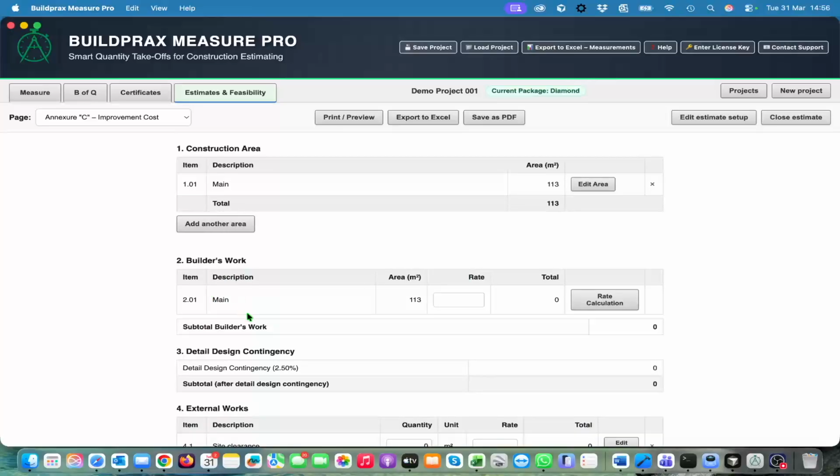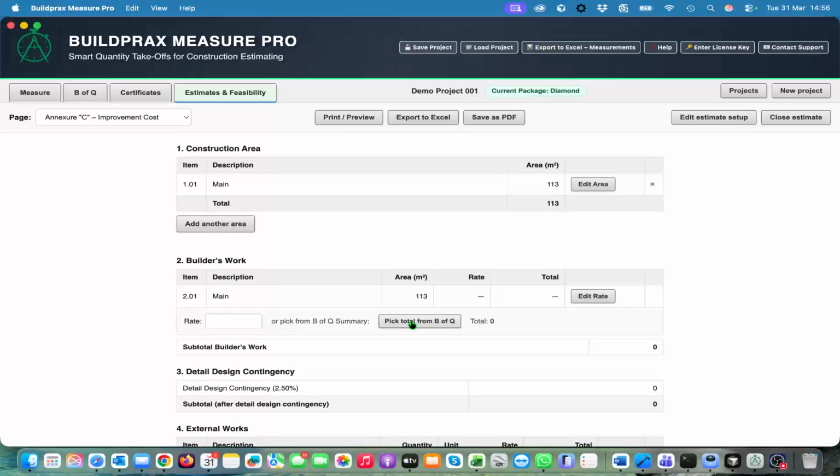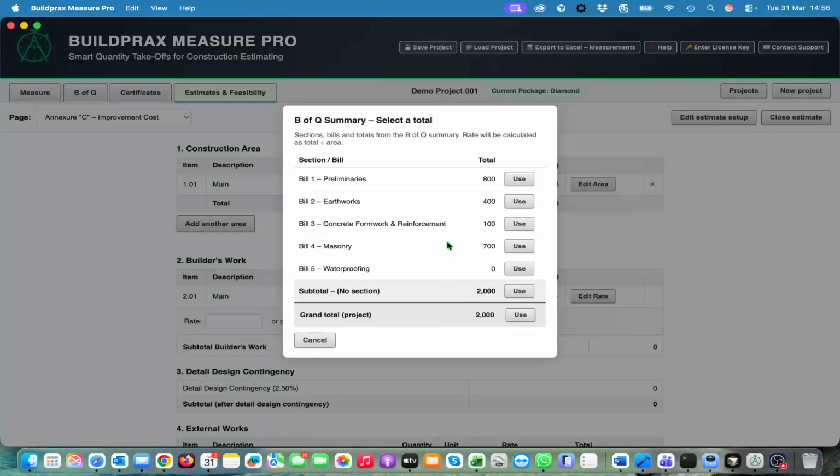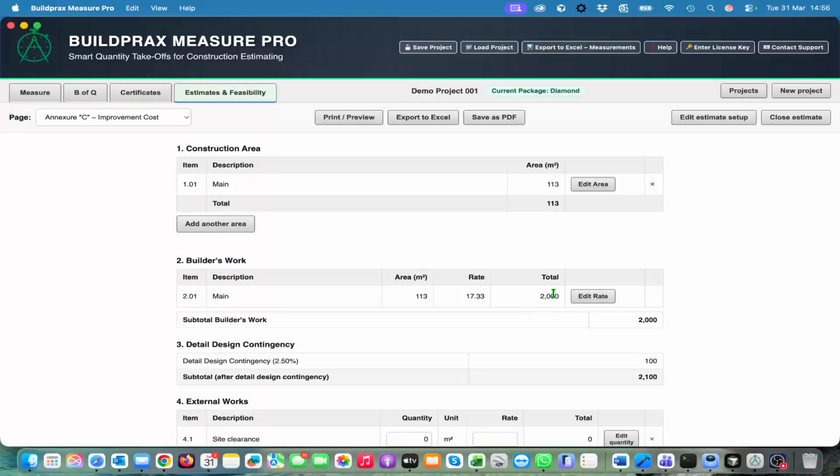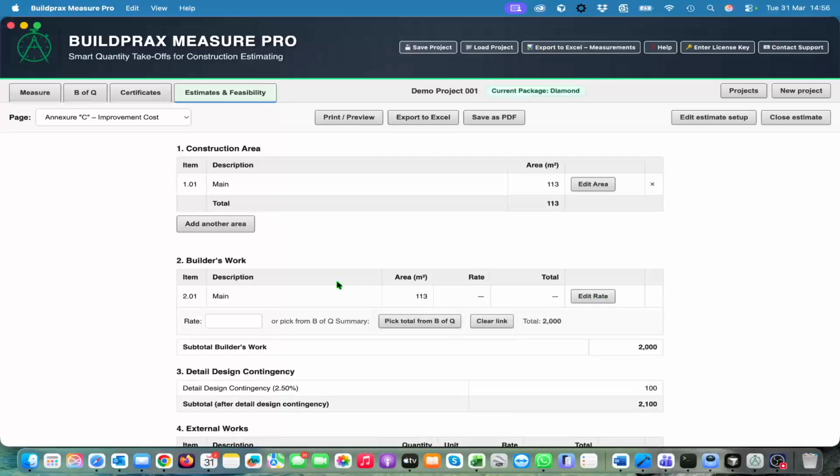So for your builder's work, you can either pick a total from the column from your bill of quantities. It brings in all your bill of quantities as a price. You can use these rates, and if it says use that rate, then it is that rate, and it gives you the rate per square meter. Or you can put in a rate per square meter there, and let's say we had a rate there of 400,